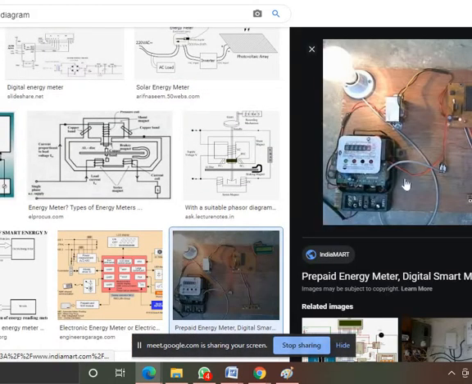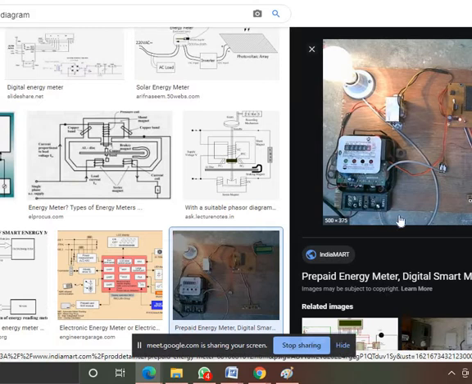So this is the energy meter. You can see the energy meter diagram. This is the recording area, where some numerical values are displayed, and this is the input supply. If input supply is available, either a green light or red light will indicate, and this is the output indication lamp. You have to connect the input supply here, phase and neutral, these two points, and from these two points you have to take the output.